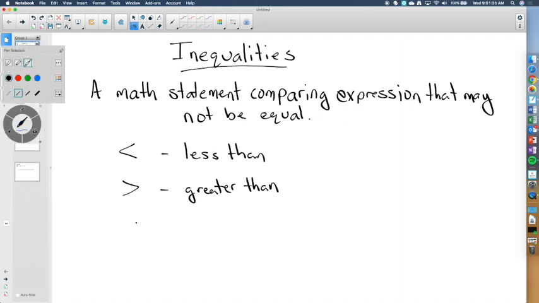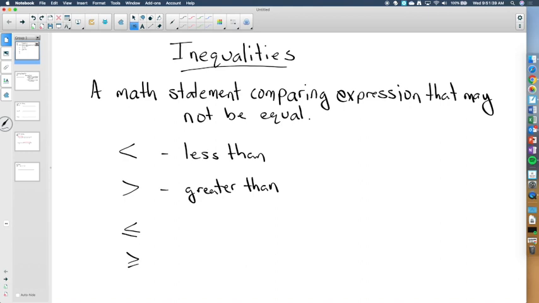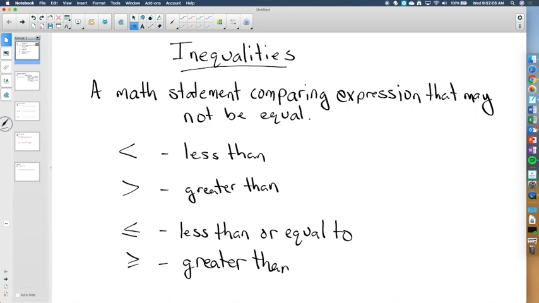And I'm going to throw two new ones up, and they look really similar. They just have a little extra line underneath. And really all this one is saying is it could be less than or equal to. So we can have less than or equal to, and the one below that obviously then is greater than or equal to. Okay, so those are four inequalities that we're going to be using most of the time to solve our different expressions and inequalities. We do have one more,